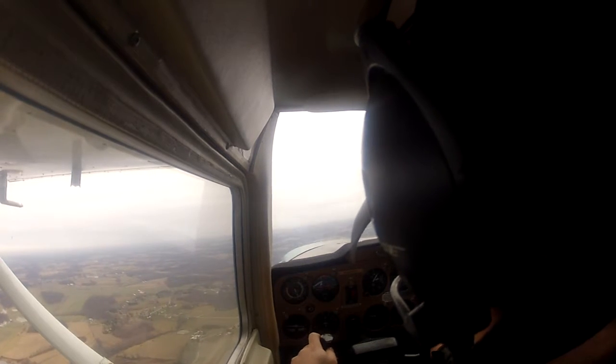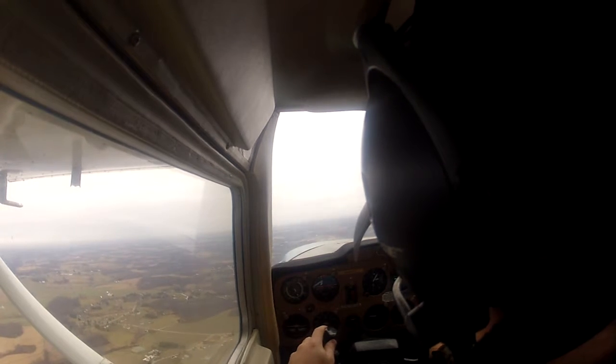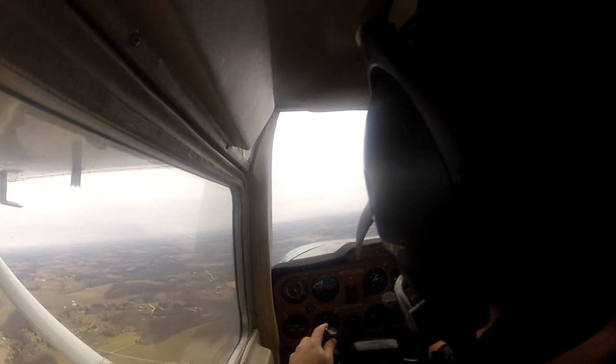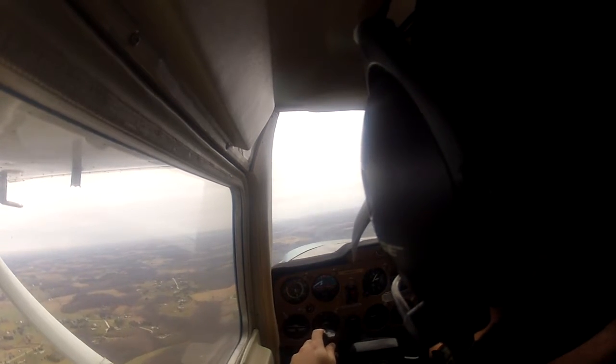1452 Zulu weather, wind 140 at 4, visibility 10, ceiling 2,400 overcast, temperature 2 Celsius, dew point -1, altimeter